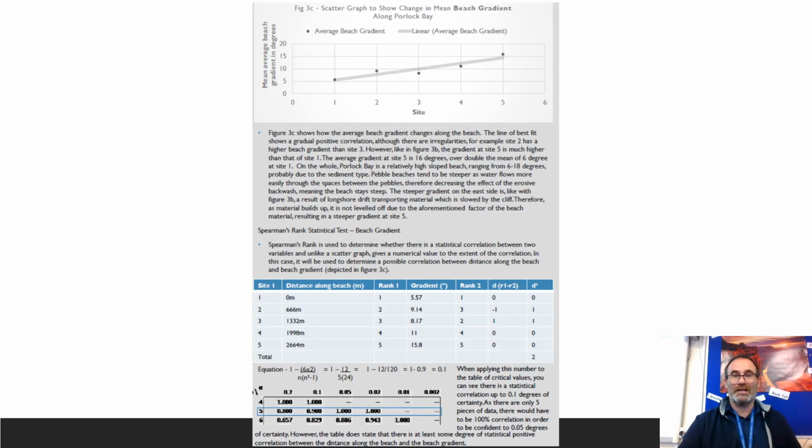Next example here. So here we've got a line of best fit. There's some commentary on it. There's some explanation on it. And here's the statistics that's being used. You can see reference to probability tables here. It's all laid out really well. There's even a justification for the Spearman's rank that's used. And then